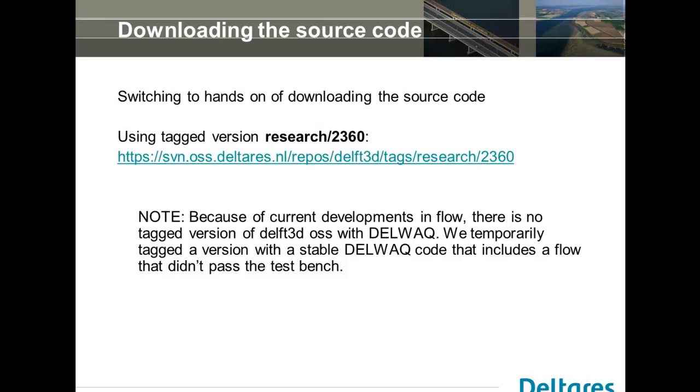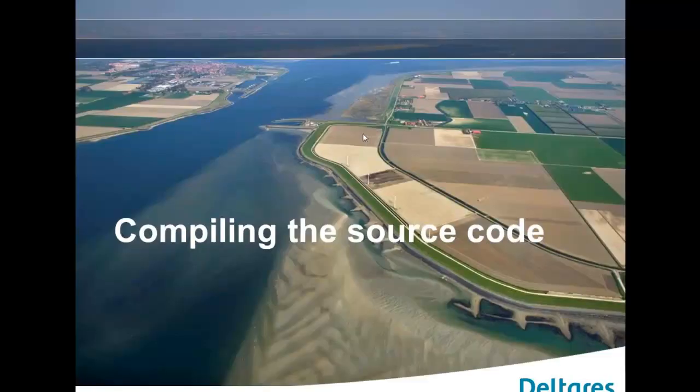But unfortunately that means that the flow code that is included with it is not stable and didn't pass the test bench. So we have a temporary tagged version, and hopefully soon we'll have a complete tagged version which includes DELWAQ as well. So to get the source code, you need this address, and I can show you